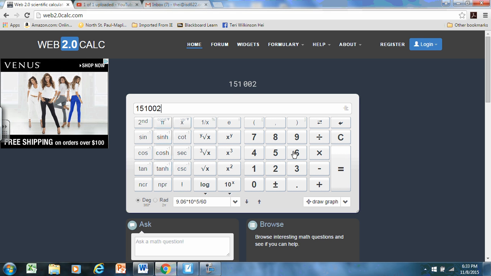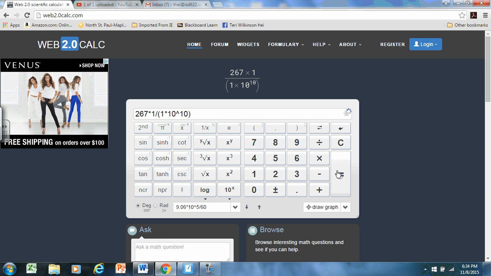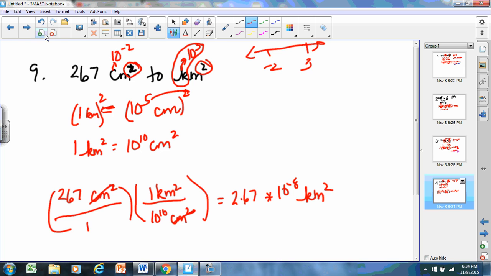So if you want to go 267, oops, got to clear my last answer. 267 times 1 divided by parentheses 1 times 10 caret 10. Boom. And there's your, oh, interesting. They left it in scientific notation. But if you went 1, 2, 3, 4, 5, 6, 7, 8, you would get the same answer. I would take either of those answers because they're equivalent representations. And then